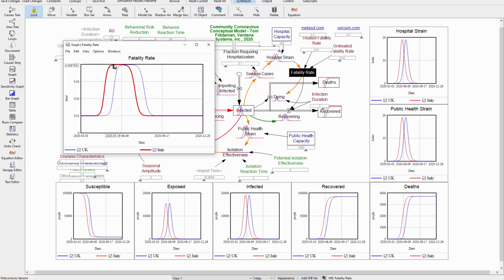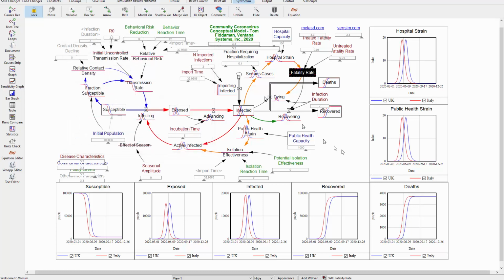So right now, the hypothetical Italy does have a much higher death rate in the model than the hypothetical UK. But look what's coming. The exact same behavior is going to play out in our hypothetical UK as the spread of the disease becomes wider and the healthcare system collapses under the strain. So again, this is no cause for celebration either.